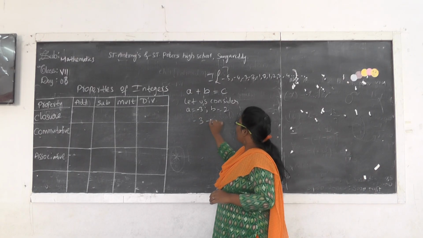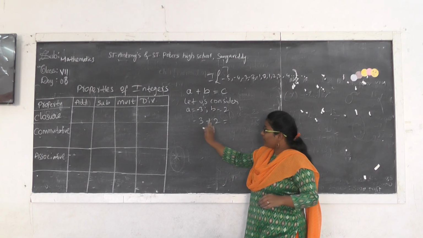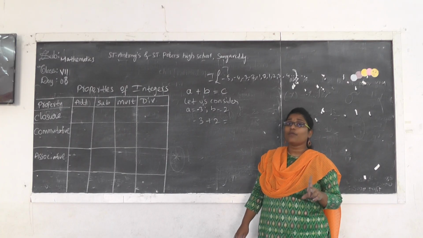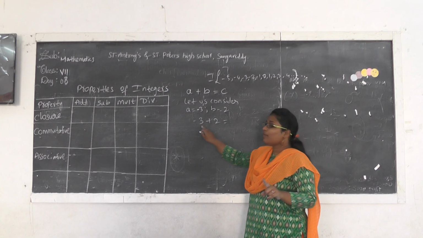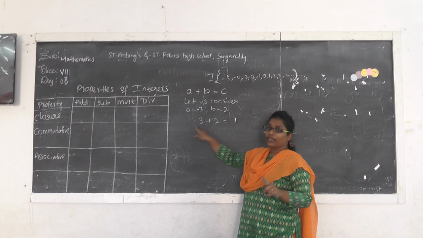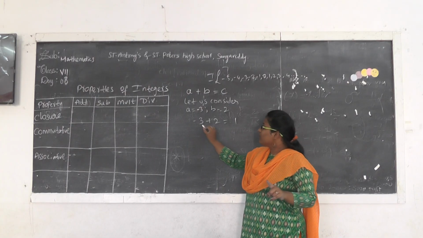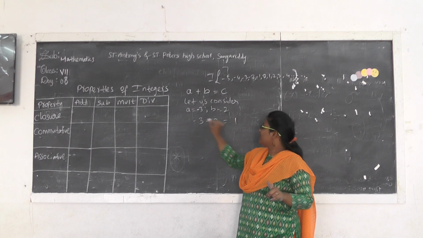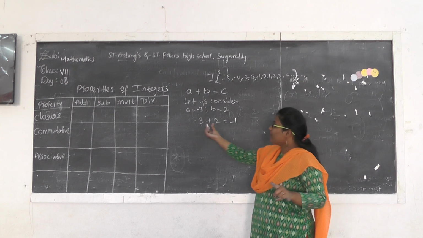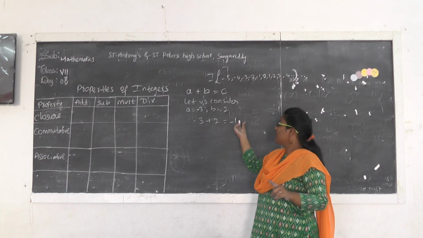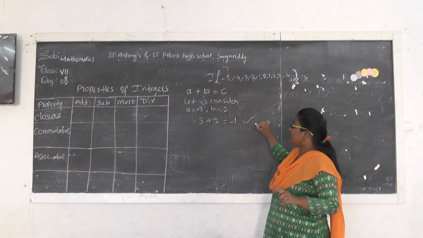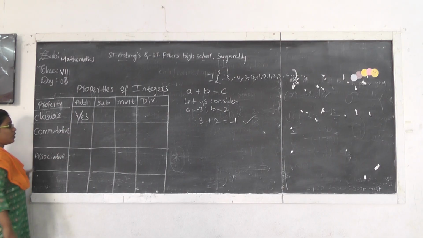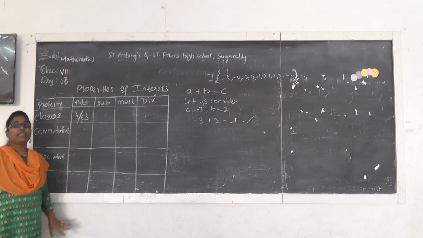So minus 3 plus 2, now simplify. Both have different signs, one is minus, one is plus. So what we have to do? We have to subtract the integers. 3 minus 2, how much? 1. Here the greater numerical value has the negative sign. 3 is greater in numerical value compared to 2, and 3 has the negative sign, so the result is also negative. So minus 3 is an integer, 2 is an integer, and minus 1, the result, is also an integer. So closure property was satisfied under addition for integers.